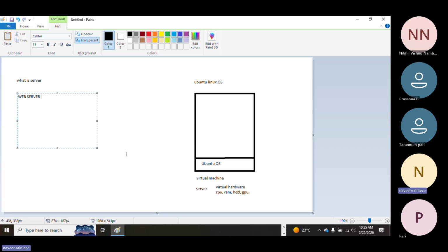Web means web application. Web application means website.